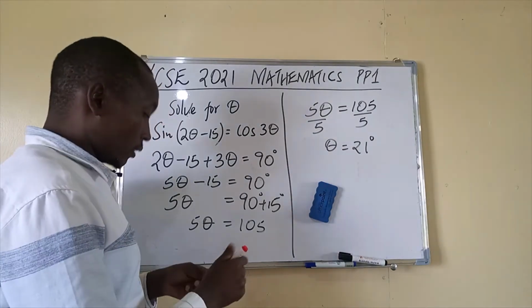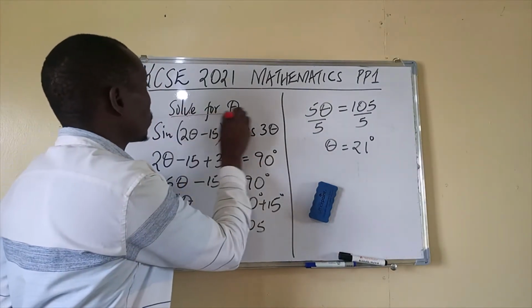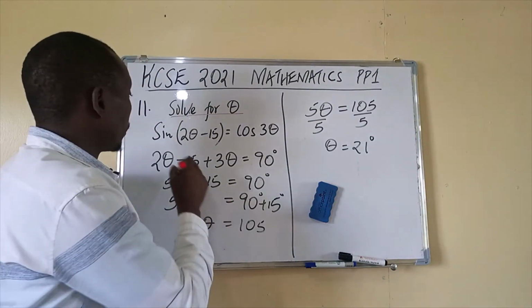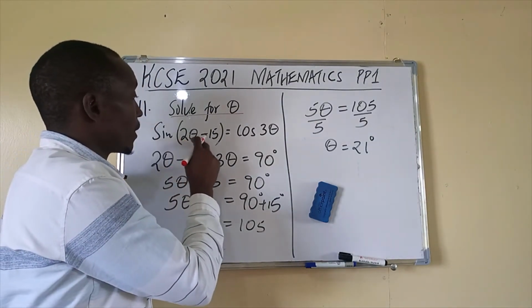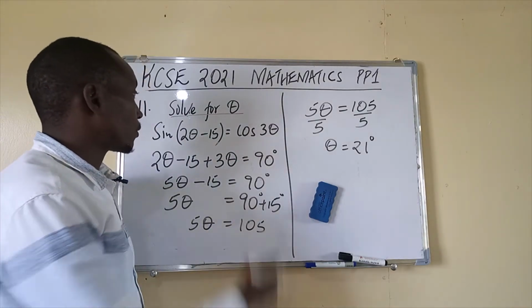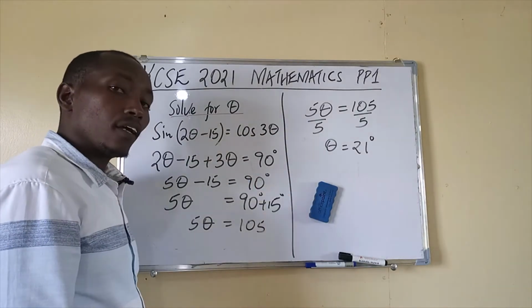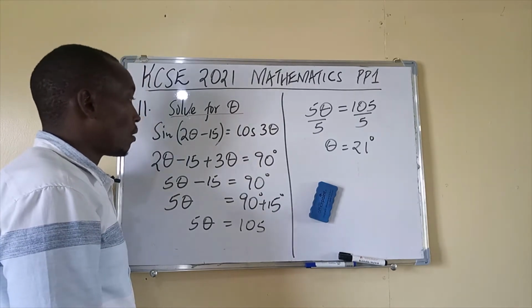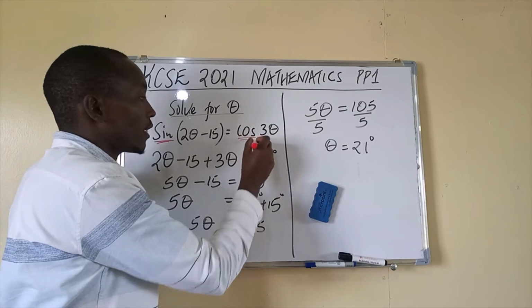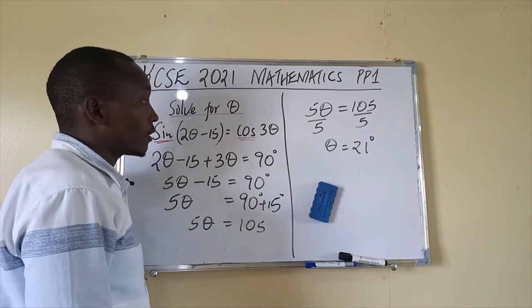Question number 11. The student was expected to solve for the value of theta. You're given that the sine of 2 theta minus 15 is equal to cos of 3 theta. So the student was supposed to recall that anytime you have the sine and cosine equated directly,